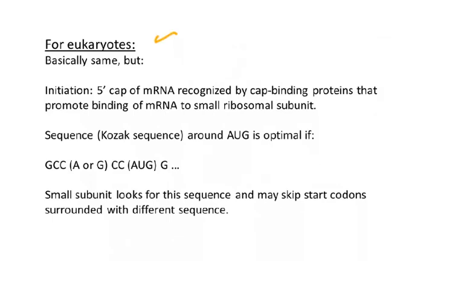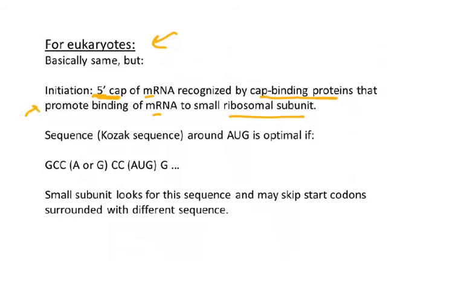For eukaryotes, it's basically the same, but remember that 5' cap that we talked about? The mRNA has to be capped, spliced, and tailed before it leaves the nucleus. This 5' cap had a modified guanine on it, and that's actually recognized by what are called cap binding proteins that are going to help the mRNA bind to the small ribosomal subunit. So that ribosomal binding sequence is going to be a little bit different for eukaryotes, but we still get it